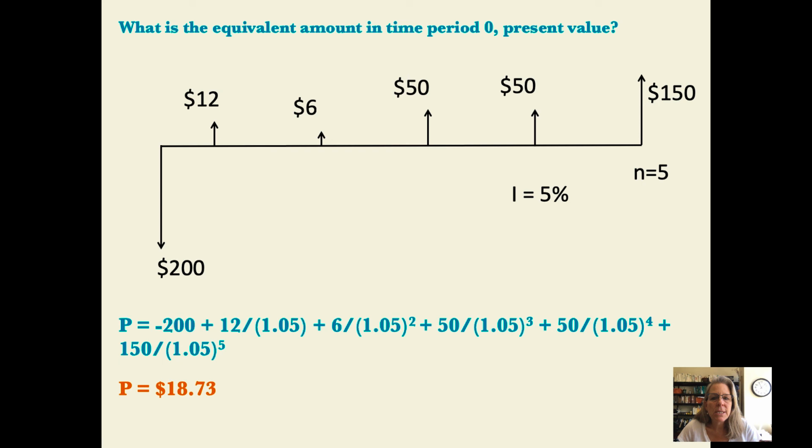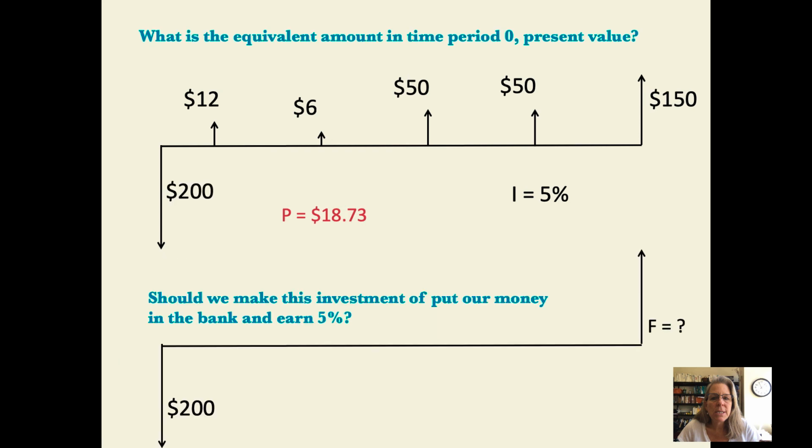Now let's look at that a little bit differently. If we are comparing this to alternatives, we can say, well, we're going to have $200. Should we invest in this project, or should we go ahead and put our money in the bank at 5%? And so I'm going to do a calculation with that. The first thing I need to know is, if I put my money in the bank at 5%, how much will I have in the future? In this case, we're going to have $255.26,